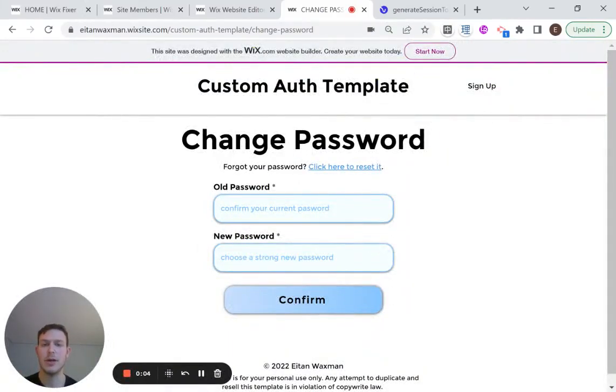This is a series about creating a custom authentication experience on your Wix website using Wix code. In the previous two videos, I talked about how to create a basic sign up and login using Wix code. And in this video, I'm going to be talking about a slightly larger topic, which is creating a custom change